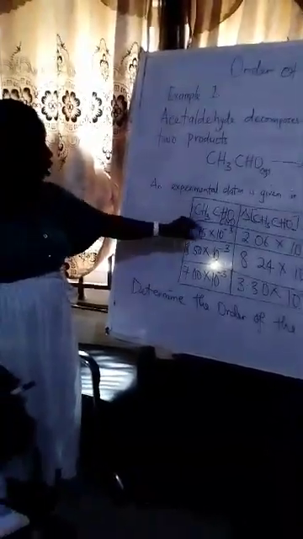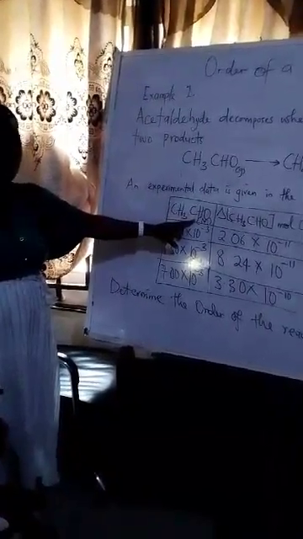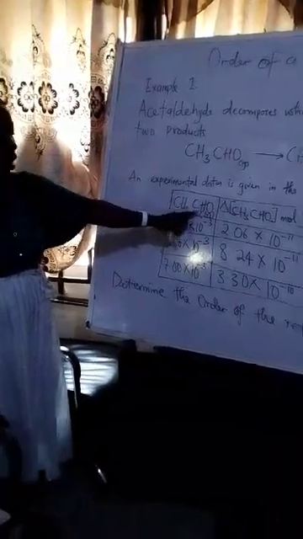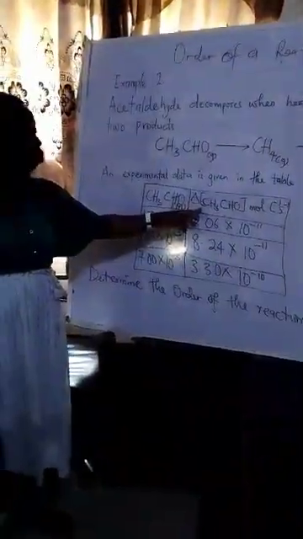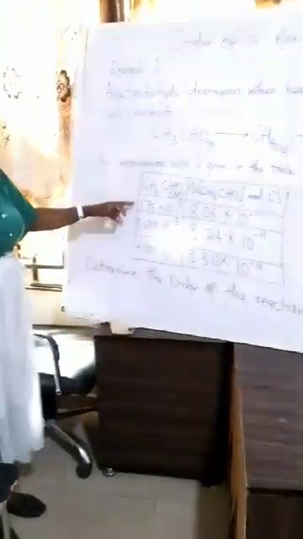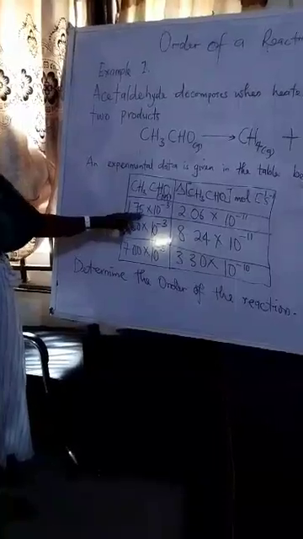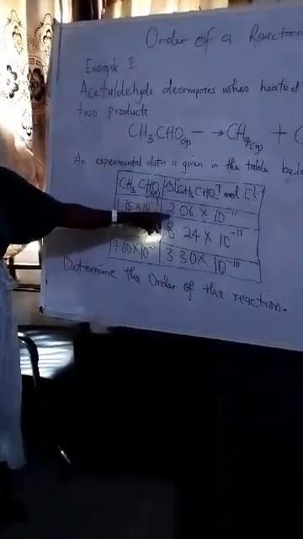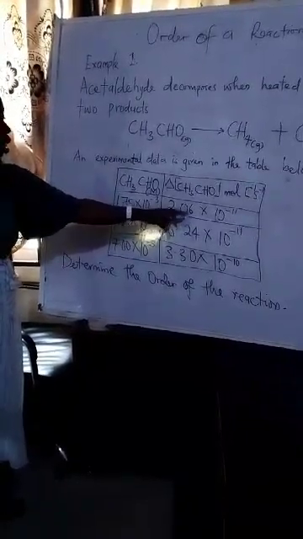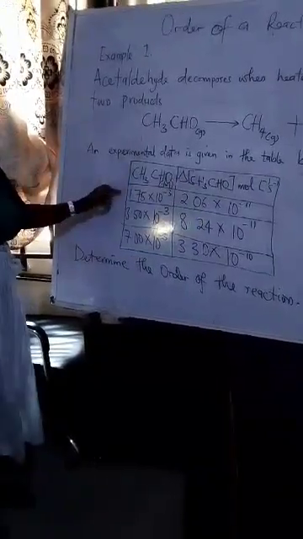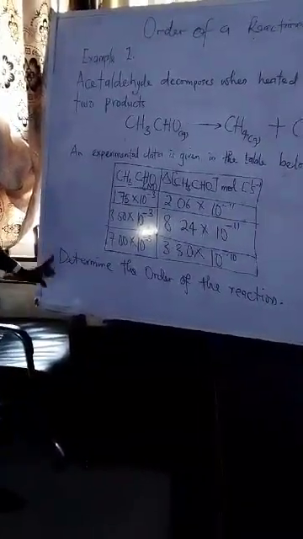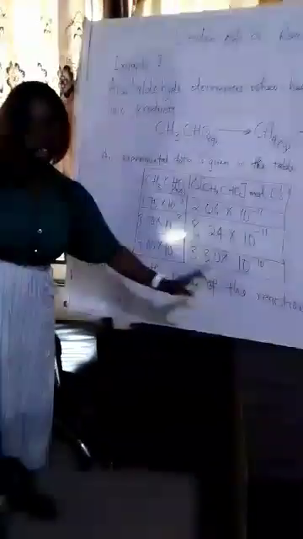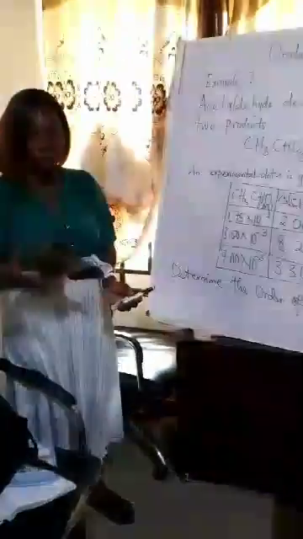This table shows, the first column shows the concentration of acetaldehyde, and the second column shows the rate of reaction for the acetaldehyde to decompose. In the first experiment, we have concentration 1.75 times 10 raised to the power minus 3 with the corresponding rate of 2.06 times 10 raised to the power minus 11. This is also done for experiment 2 and experiment 3. The question is, determine the order of the reaction. So when you want to determine the order of the reaction, you go by the formula that says